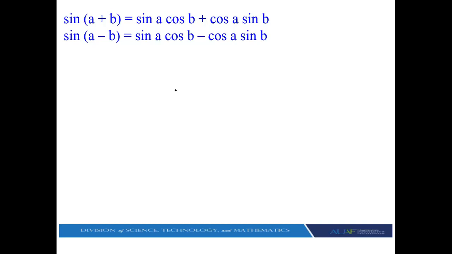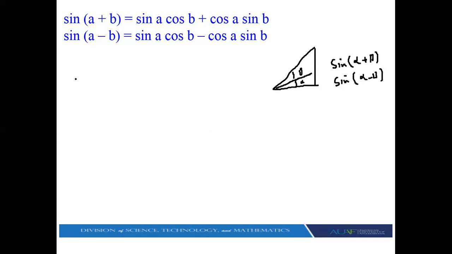Like if there are two angles, for example, in a triangle, a double angle is given. For example, one is alpha and the second one is beta. So we have sine of what? Alpha plus beta. If you want to find the difference, we have sine of alpha minus beta.